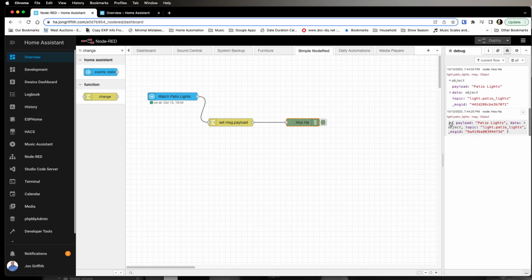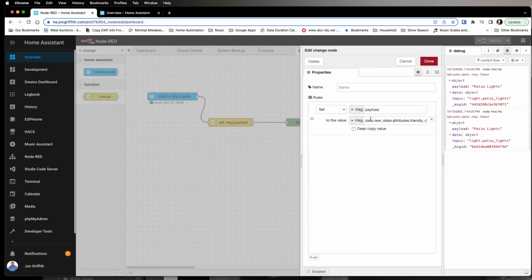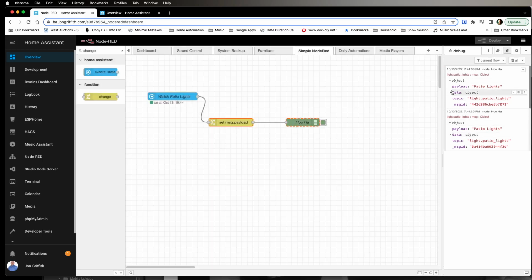And so we can look at this instance, and we can go, okay, it's taken the data that it got from the bus, from the Home Assistant bus, and it's mined just the information in this spot. So we've changed the payload to the data that's found in this path, which is found in this object here. Not this one, but the one that we don't see anymore. And as a result, now we have the payload as patio lights. So it makes it really easy for us to do a text message or